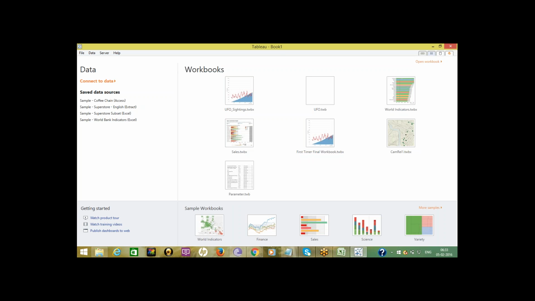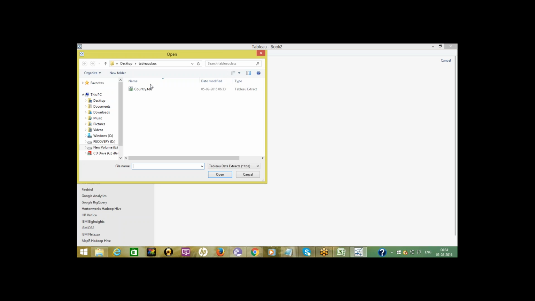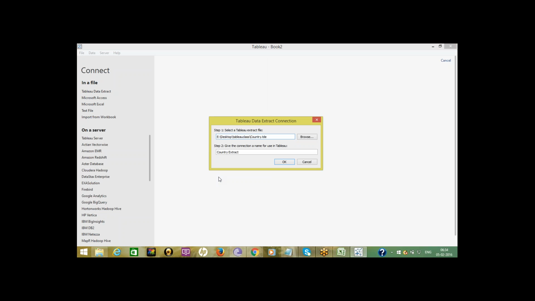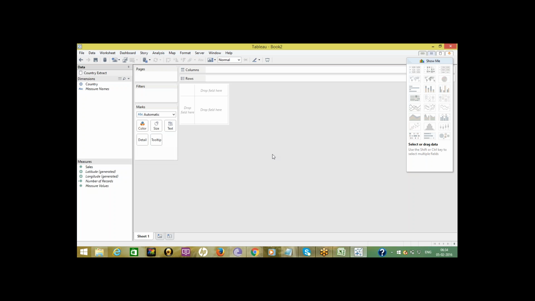Connect to data. Next time, see, click on Tableau data extract. This one, country.tde. The TDE file is local to Tableau, Tableau native data format. This one, TDE file data.